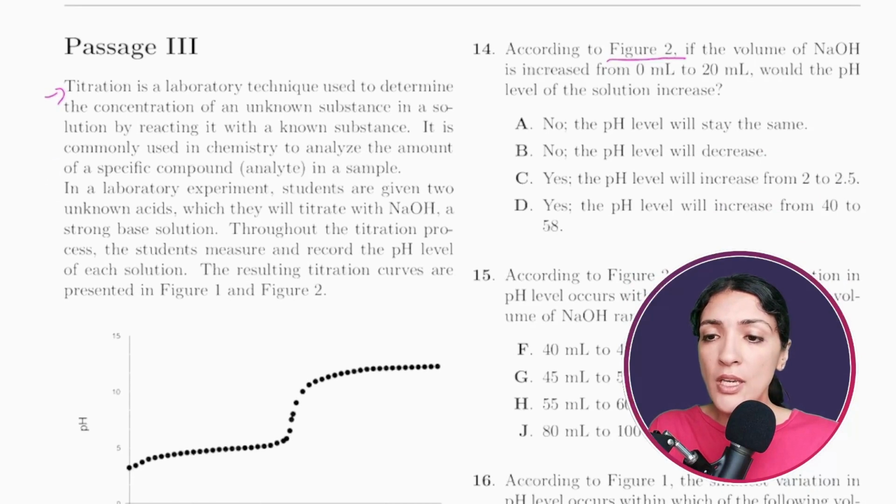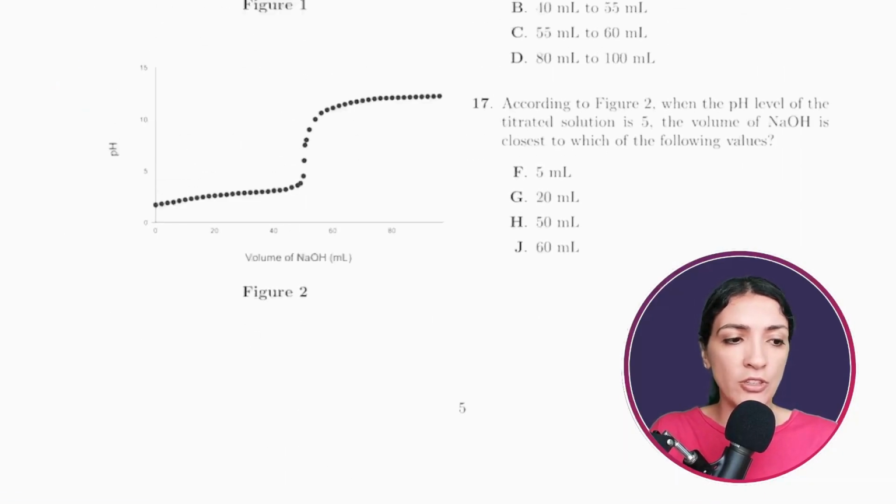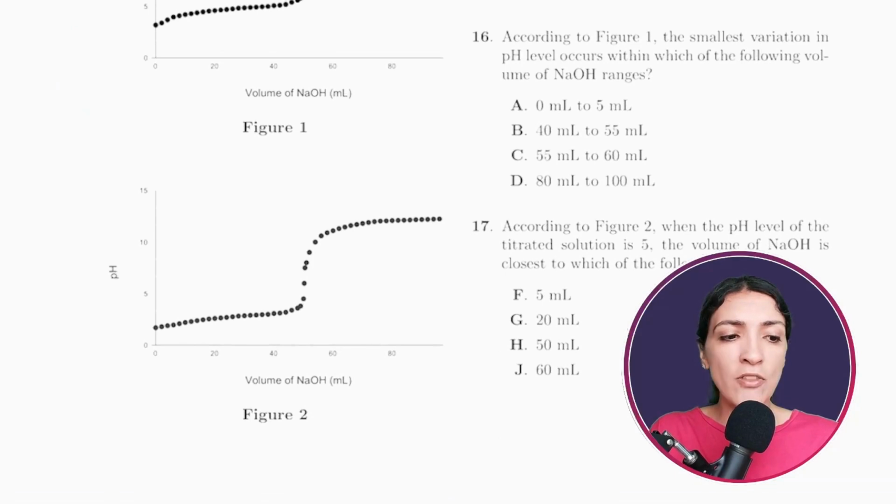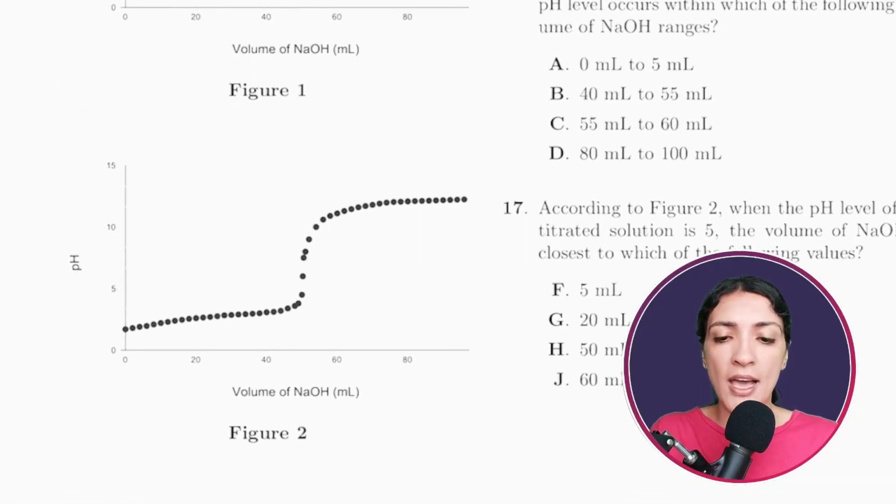And we're looking at the volume going from 0 to 20 for NaOH, and we're asked to find the pH level. So let's look at figure 2. Okay, the first thing you want to do when looking at figures is to look for the x and the y-axes and see what they represent. So the x-axis here is the volume of NaOH in milliliters, same as the question,